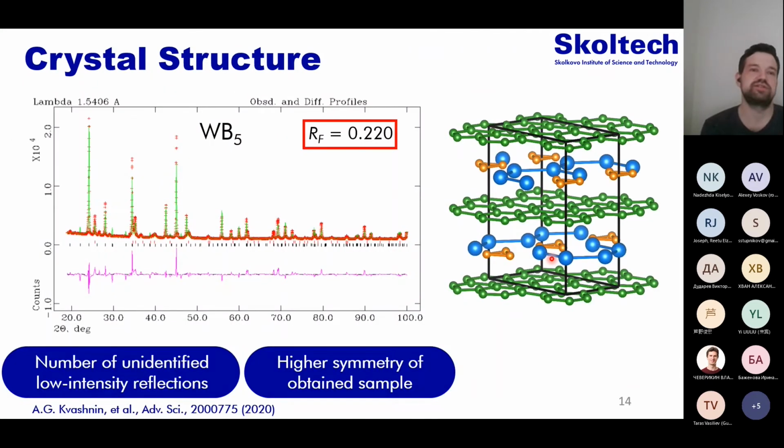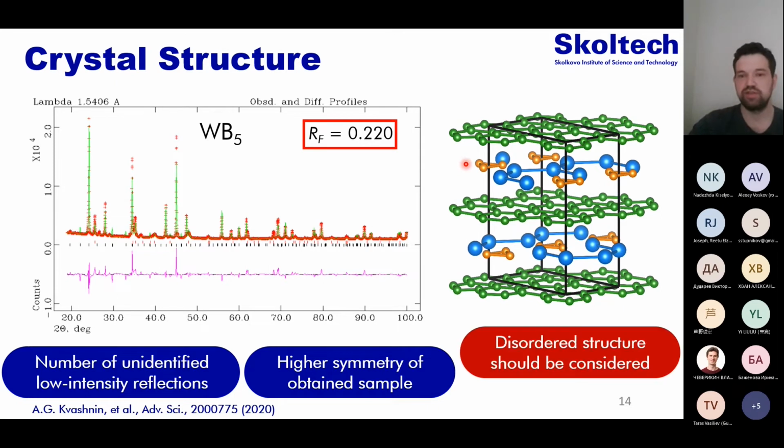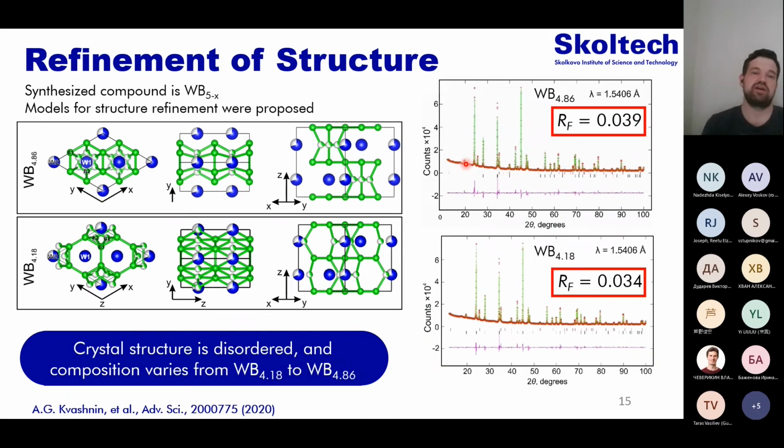If you consider the X-ray diffraction pattern of our proposed theoretical model and the experimental data, you can find a number of unidentified low intensity reflections, which shows us that the experimental sample should not have a high symmetry. And thus, we don't need to consider our high symmetry structure. We need to somehow consider disordered structures in order to accurately describe the X-ray diffraction pattern obtained from experiments. To do this,